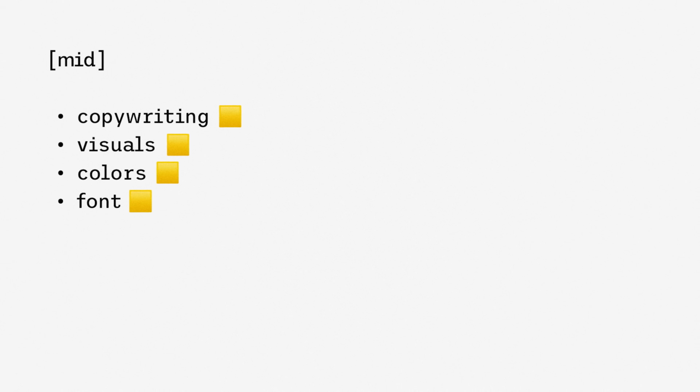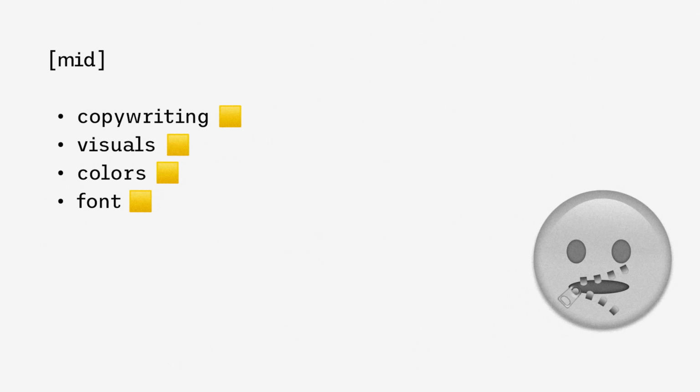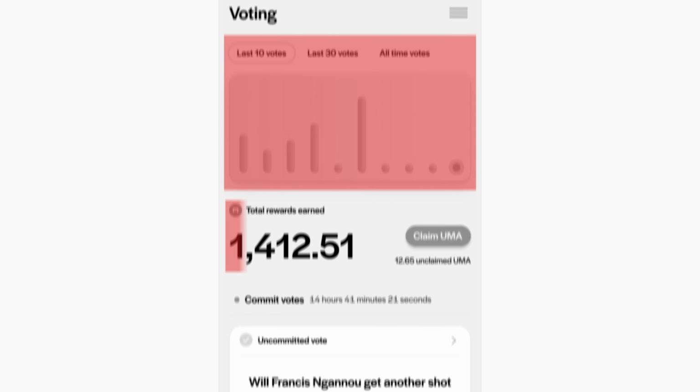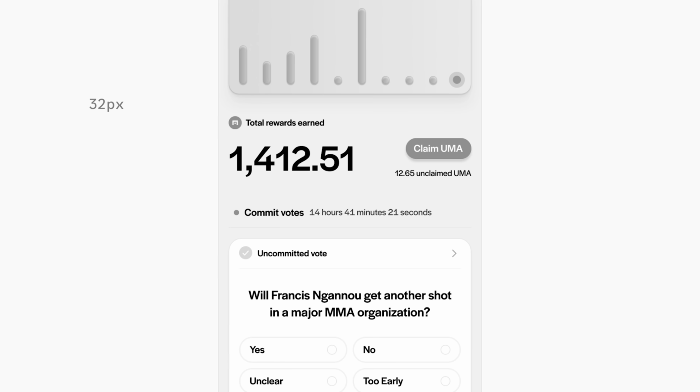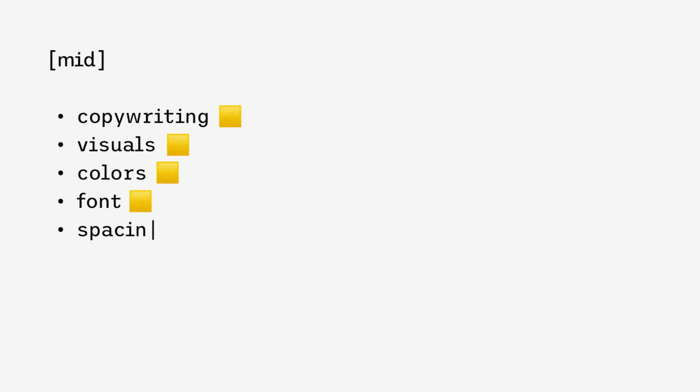Half pass, and onto the last point before we reach the senior level and the hidden mistake. And for spacing and structure, it's looking pretty good. Related elements are grouped nicely. We've started to use a spacing system like the 8-point grid. And as a result, the UI feels more professional. It's not entirely cooked, like the young crowd might say, but it's definitely a half pass, which brings us to